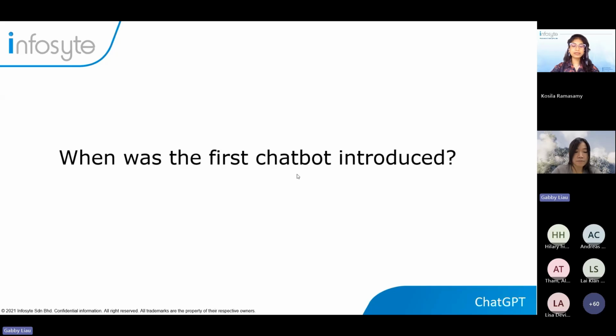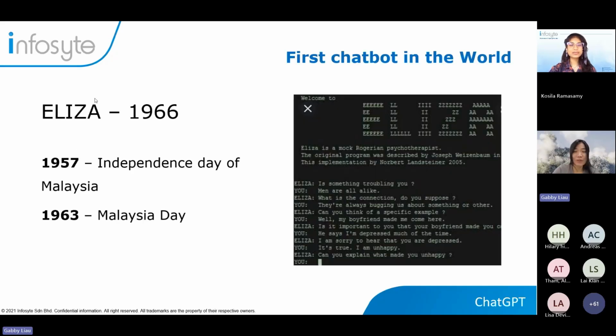But the thing is, does anyone know, before ChatGPT came out, what was the first chatbot? I mean, does anyone know the name? Okay, so there's someone in the comment section. They said 1966. That's great, Raja. Yes, Eliza, exactly. Wow, it's good. So exactly, everyone, you can see what Raja mentioned.